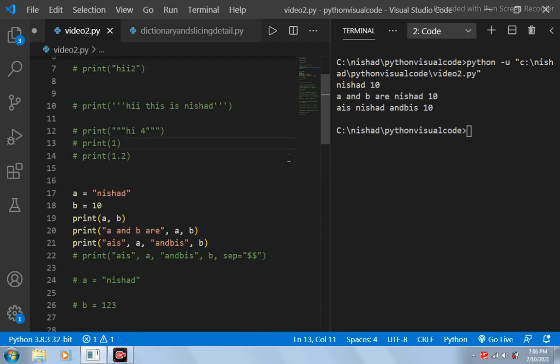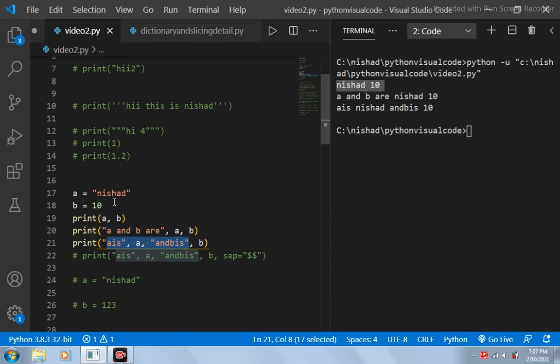Okay, so now let's say you want to print the values that you have assigned to a particular variable in Python, then you will be using this format. You have to just specify the variables inside of this print function, and if there are more than one variable, you have to separate them with the help of a comma. If I run this program, you can see that Nishad and 10 are getting printed. I can also specify a string and then the two variables, and there is no compulsion that the string should always be the first argument to this print function. I can use it anywhere.